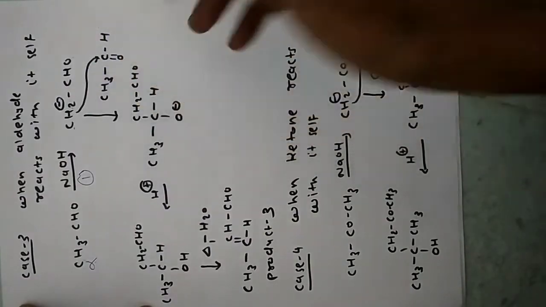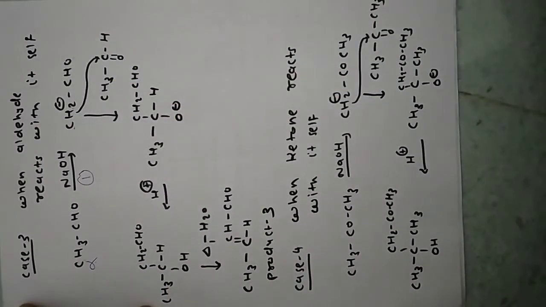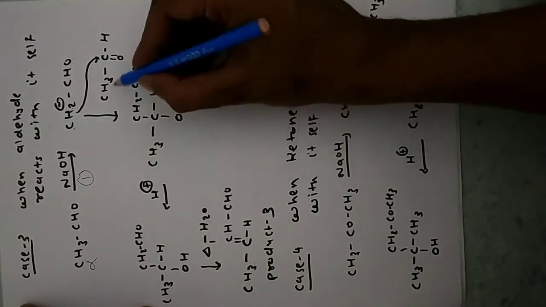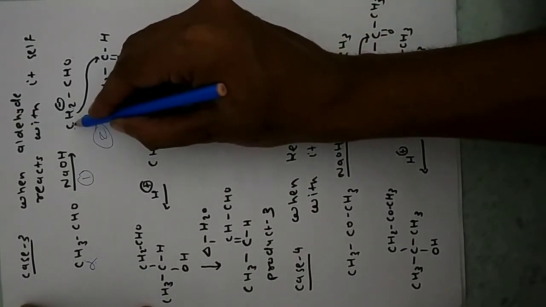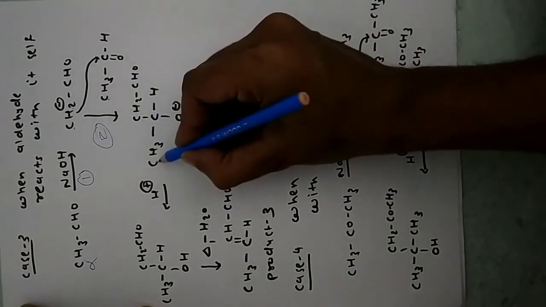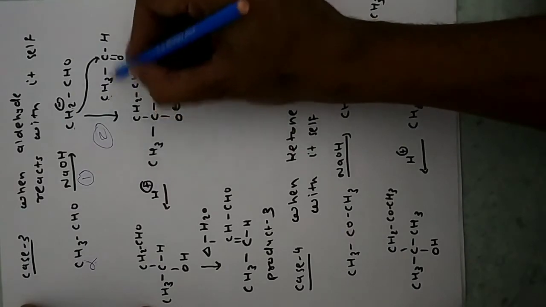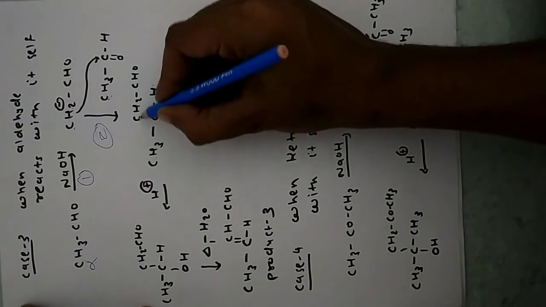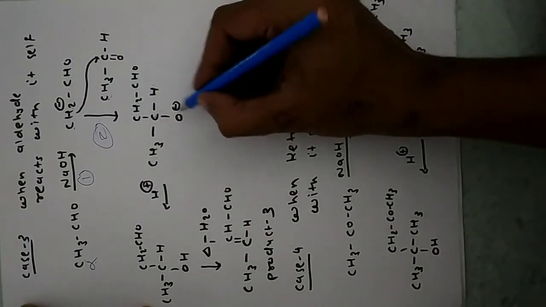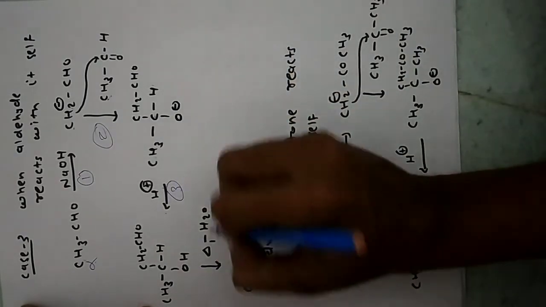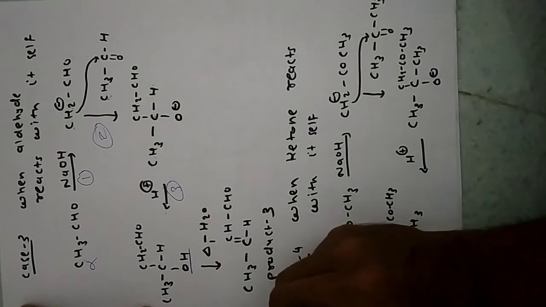Now in next step, second molecule of aldehyde comes. So you can see this one is second molecule of aldehyde. This is step second, CH3CHO. What will happen here? This negative ion will attack one carbonyl carbon of second one. So you can say CH3CH, that is as such. This negative ion attacks here, so it attaches on that CH2CHO, making oxygen negative. This one is our step third, add hydrogen. So here you can see OH group is there now.